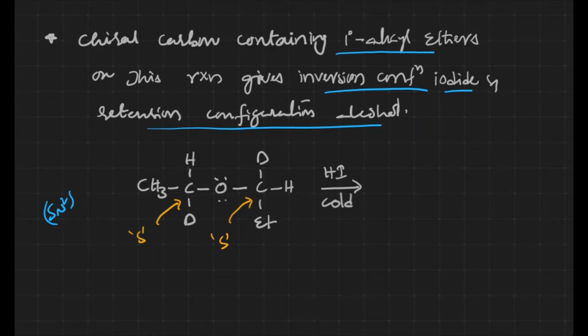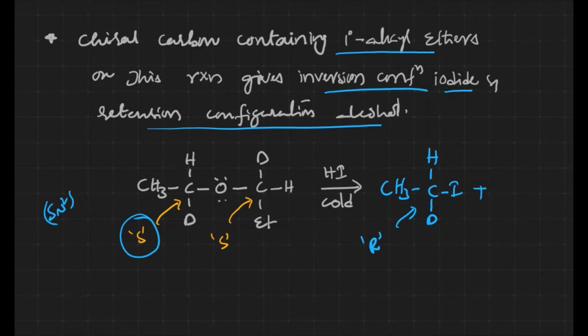Here we have iodine. Comparatively, the first group is the smaller one, because of which we can expect iodine at this particular position. Now this part alone is undergoing nucleophilic substitution reaction. The configuration of this particular carbon is S. With the iodide, what happens? It is going to be inversion configuration iodide. Let me write it over there. CH3, H, D and iodide. What is the configuration here? S. We can get it here as R because it is the inversion product.